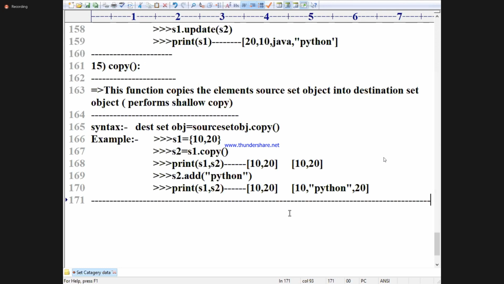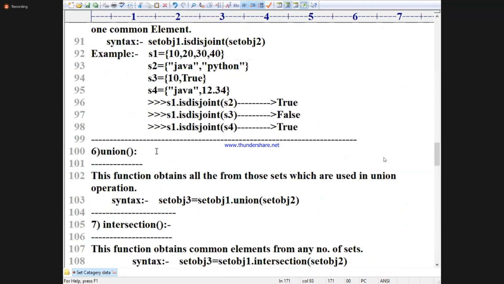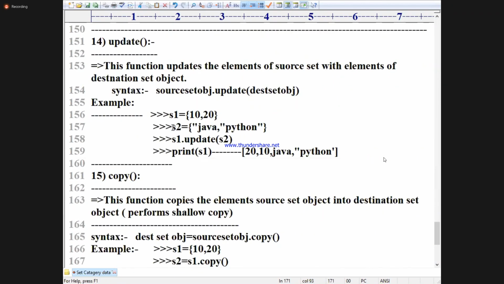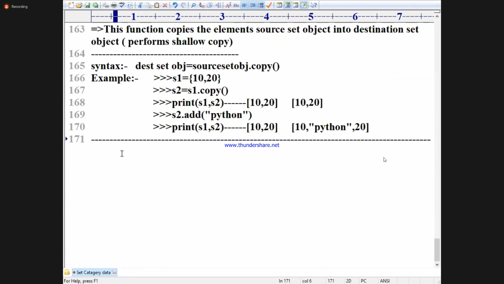How many of you remember? I told 15 functions. Who remembered? 15. Very nice. Confident. Anybody else? Girls? Very good. Boys? Anybody else? This side, boys? So, you should always remember these functions. Very, very important. If you don't remember the functions, then there is no meaning of it. Now let us move forward.